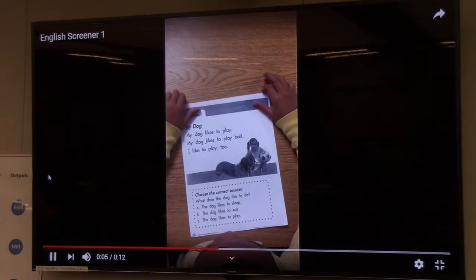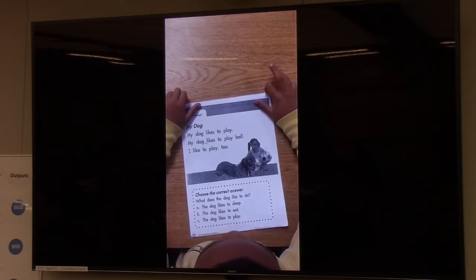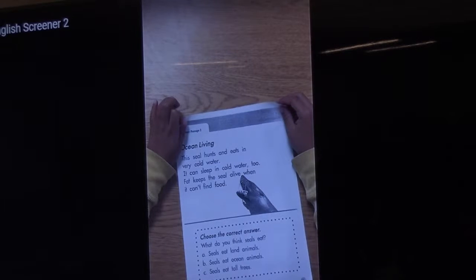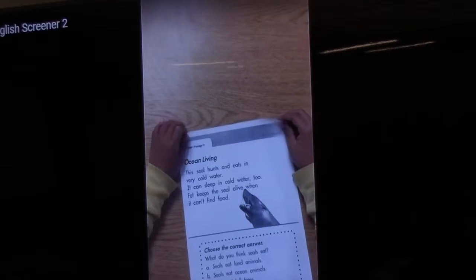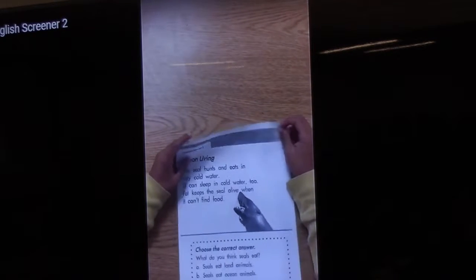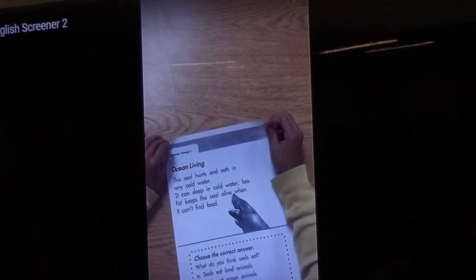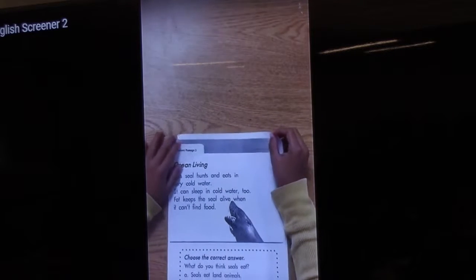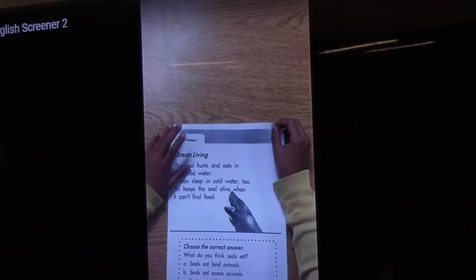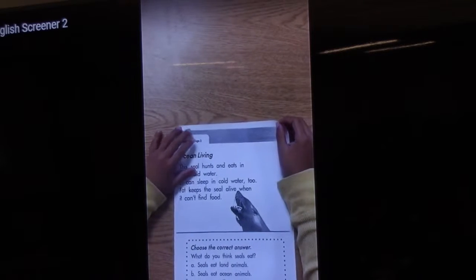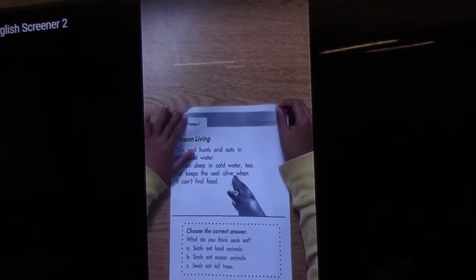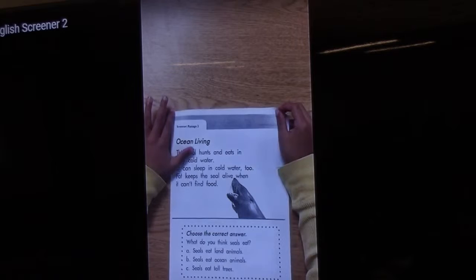My dog likes to play. My dog likes to play ball. I like to play too. This seal habitats, and each and every belly could waddle, cold waddle. It can slip in cold water too. Fat keeps the seal protected. Then it can't